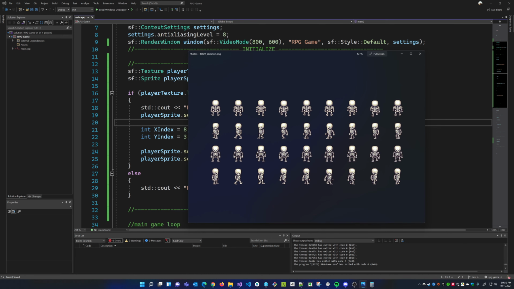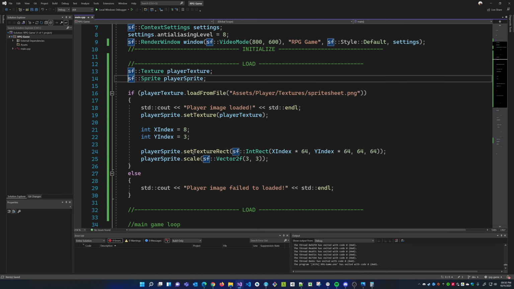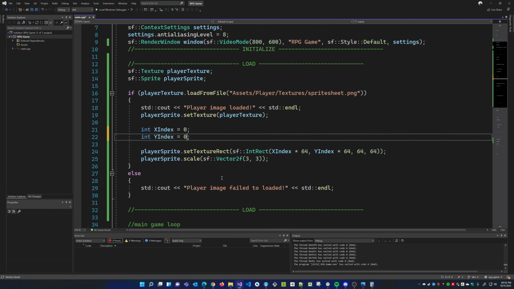So the basic images that I would like to pick are this one when he's looking forward, this one when he's looking left, this one when he's looking down, and this one when he's looking right. But for now, we're just going to pick 0, 0. Just to make everything simple, we're just going to do 0, 0 for everything.